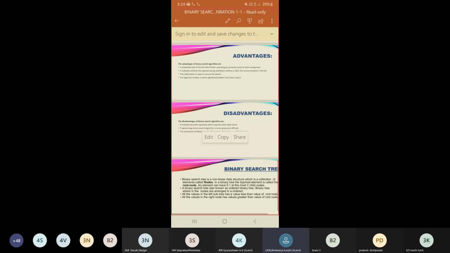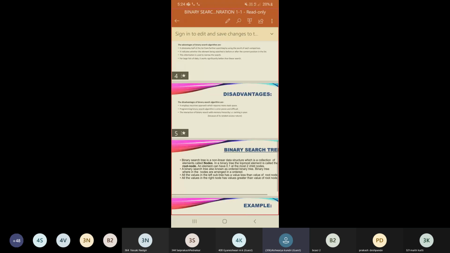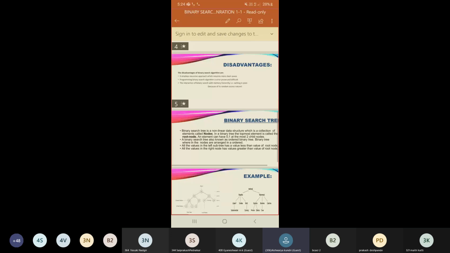The interaction of binary search with memory hierarchy, that is caching, is poor. The memory hierarchy separates the computer storage into a hierarchy based on response time, so the interaction in binary search memory hierarchy is poor.